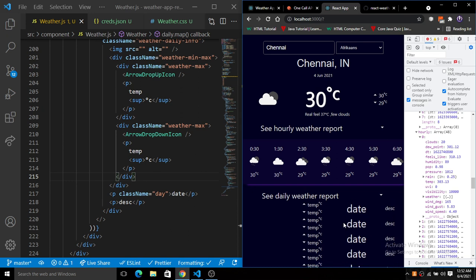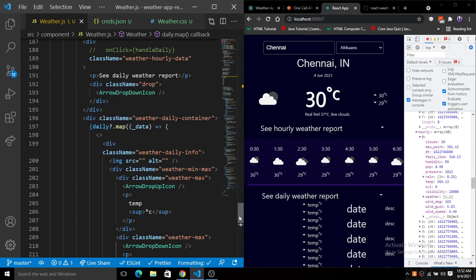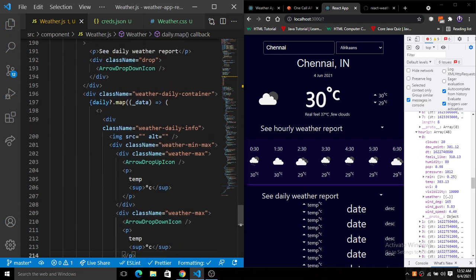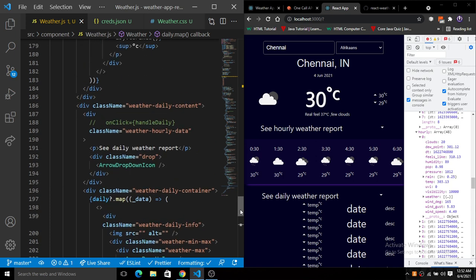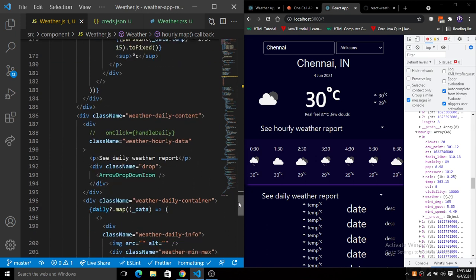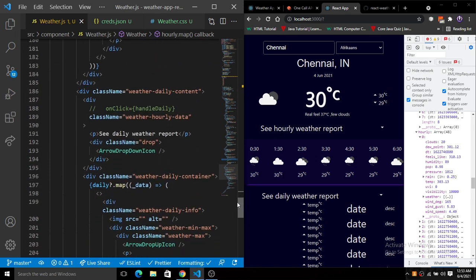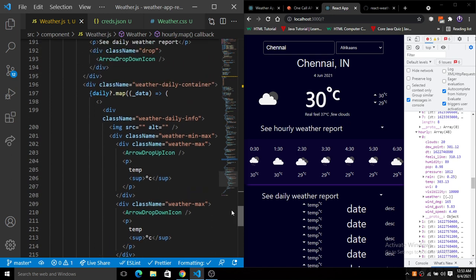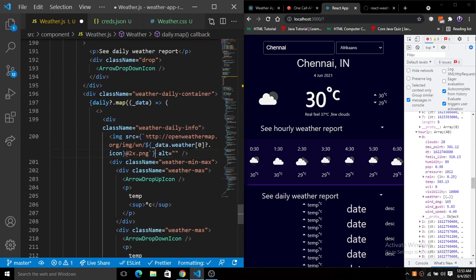Okay, fine. Now the only thing that is left is just to render the whole thing. So we have an icon first of all. So we have an icon there for the daily data. Okay, so we have an image, and for this source, let's grab the source from there. Let's grab this source, copy this. Okay, we have just copied this and pasted it down for the source that we have there. Okay, we have this image. So instead of this we just put the source here.